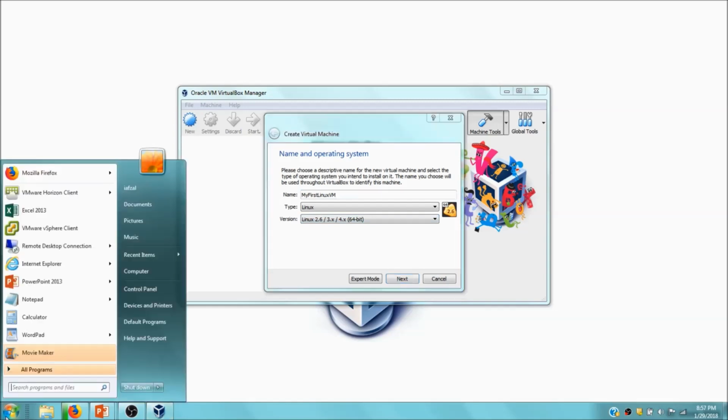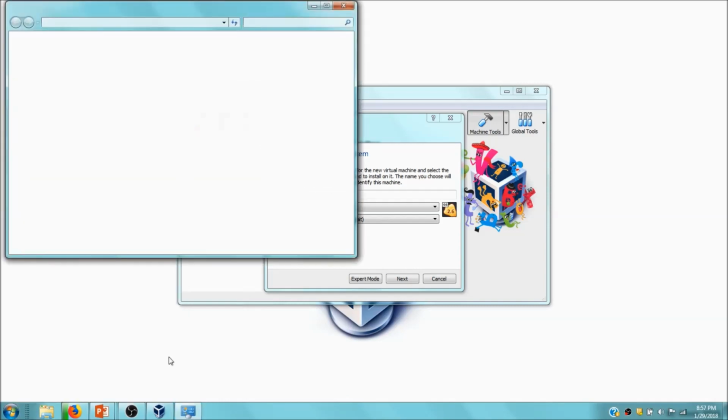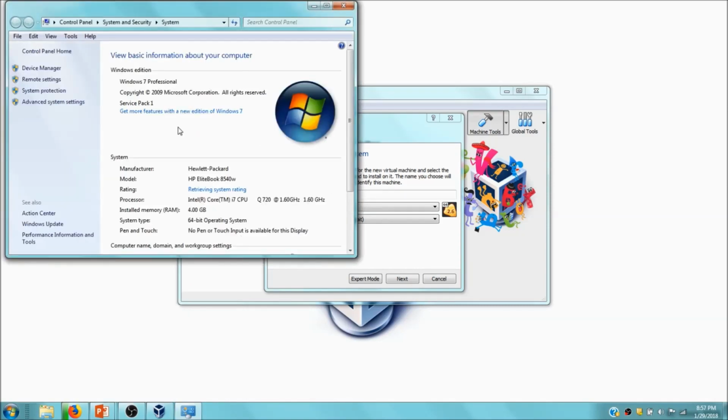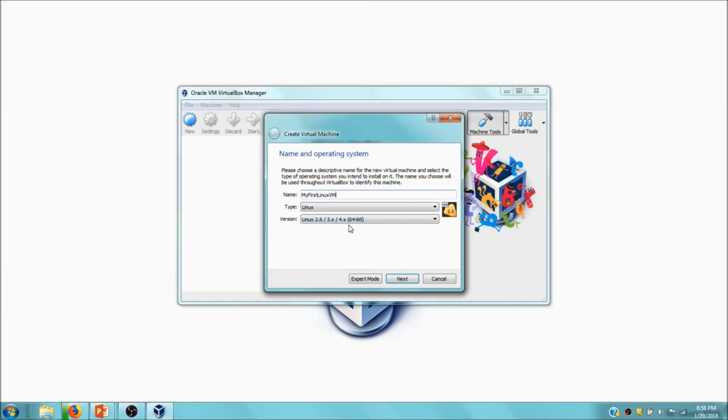So let's go to the Start menu, Computer, and I'm going to right click and go to properties. Once the properties come up, you will see here it will tell you if it's a Windows 7 PC. And right here, where it says system type, it says 64-bit operating system. So that's one of the reasons that when I'm building my virtual machine, it is coming up 64-bit operating system. The second reason you might not see 64 is if you don't have virtualization technology enabled